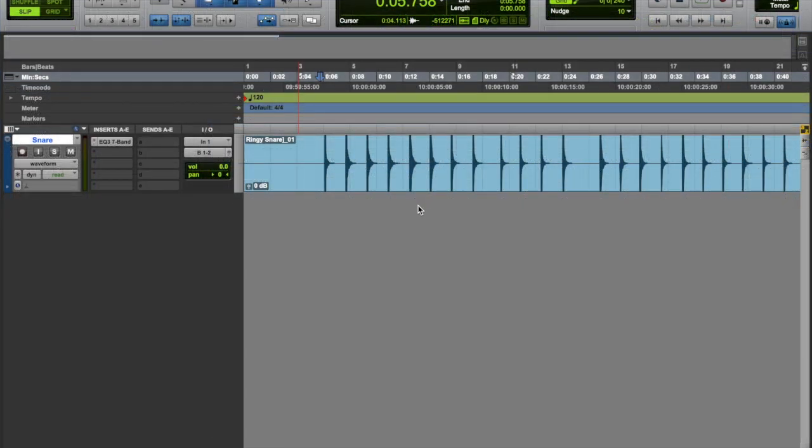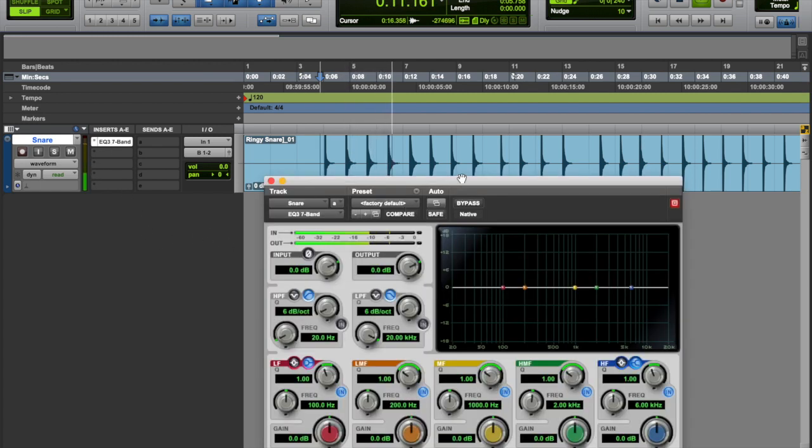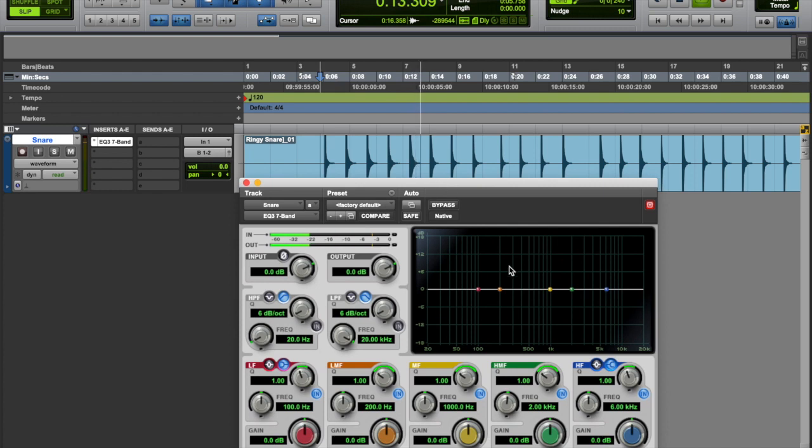EQ's used an awful lot for production, both music and for Foley, in exactly the ways I've just shown you, but we can also use it for corrective purposes on a problem signal. Here's a snare drum that's got a very annoying ring. Any ring must have a frequency, so we'll hunt for the frequency. Contrary to what you might think, we're going to turn up the gain and move the frequency around until the ring is really noticeable. Once we've found that point, and here it's about 980 to 1000 Hz, we turn the gain down,